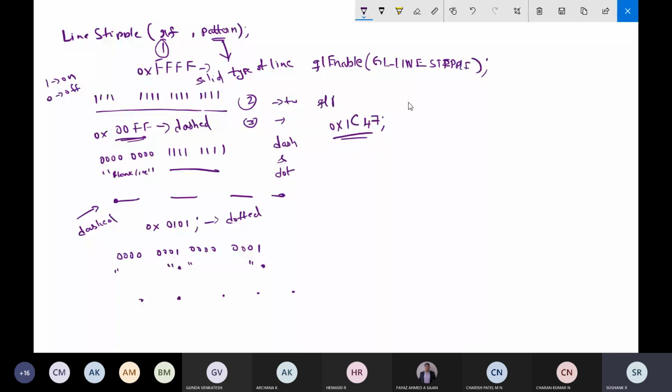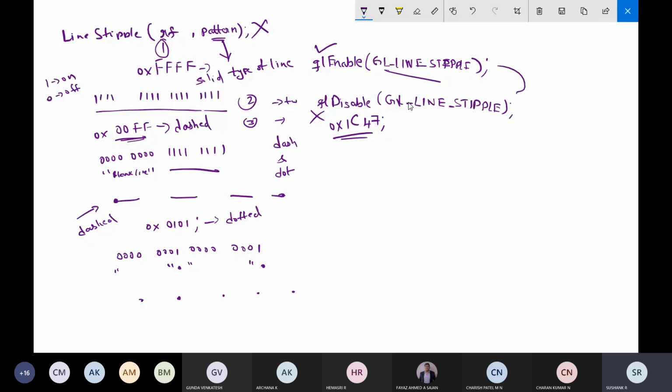If you want to disable, call glDisable with GL_LINE_STIPPLE. So these are the functions for enabling this functionality. If you want to enable, you call the enable function, and if you want to disable, you call the disable function. Like that you can turn the line pattern on and off.